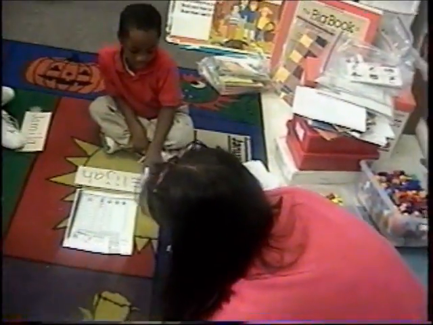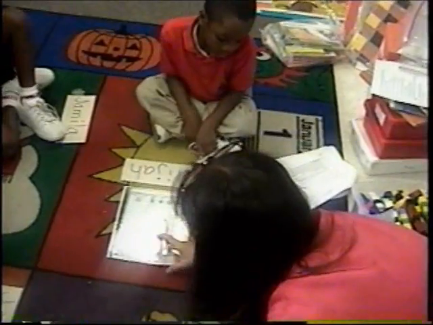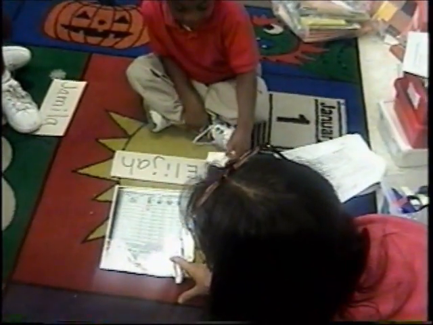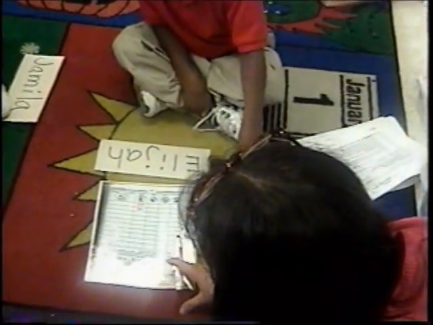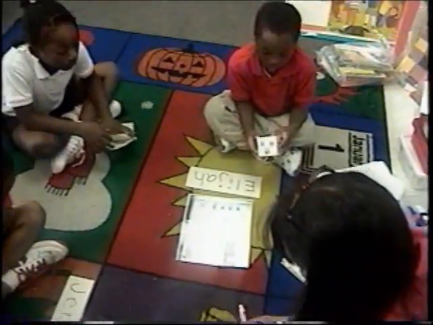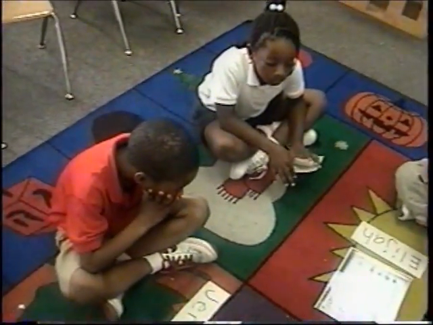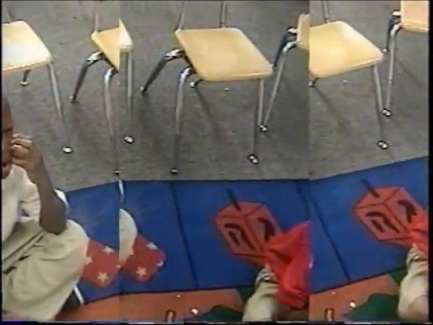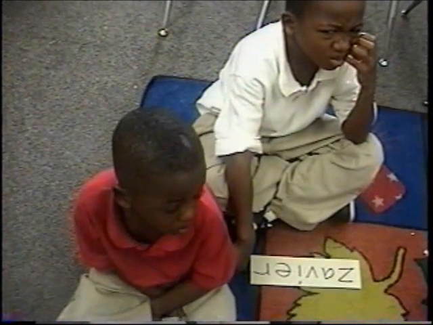The person who wins will be the person who has a graph with the most money filled in. If you have all pennies, that will be less money than someone who has all quarters. Do you understand? Because quarters are worth more than pennies. But we'll count them up by 5s, because we all know how to count by 5s. Your turn. And I'm going to let you hold this one. Then we'll